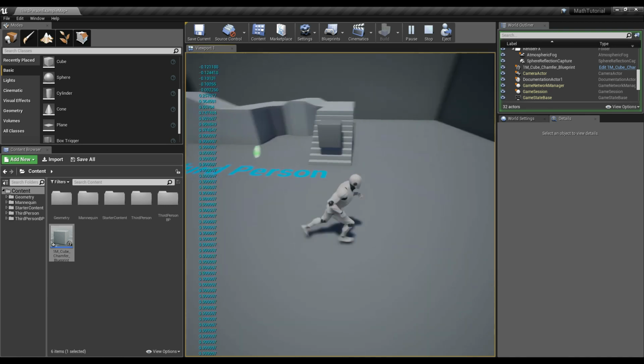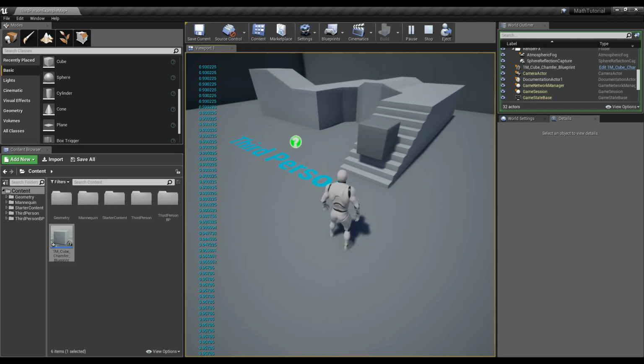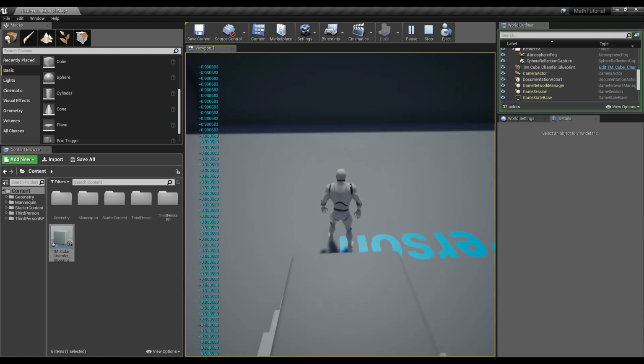Say I know my AI is near its target. Let's say I have a zombie, and I want my zombie to attack whatever it is, a barricade, a player. I can find out by using vector math how close my zombie is to maybe the player. But then let's say I don't want my zombie to be able to attack the player if he's looking away from the player. So I can use the dot product and say, hey,